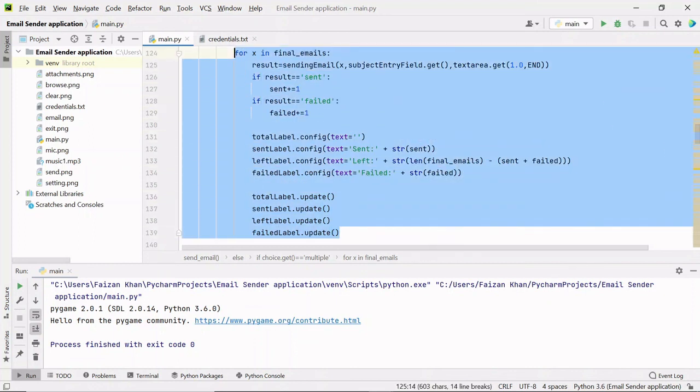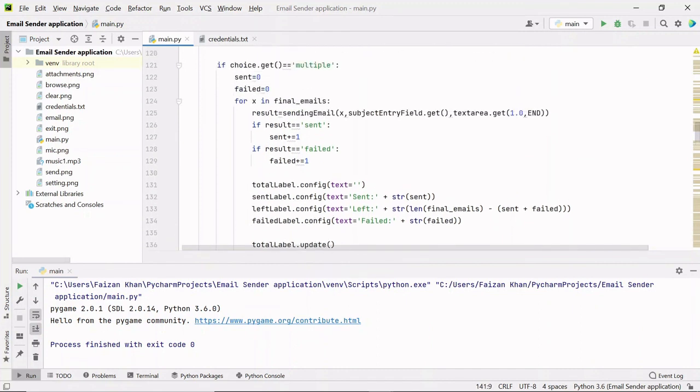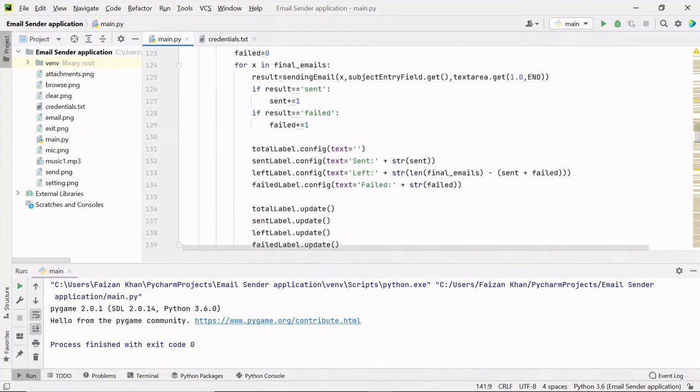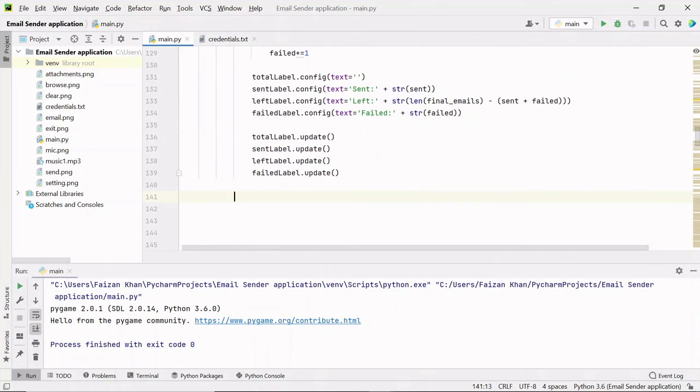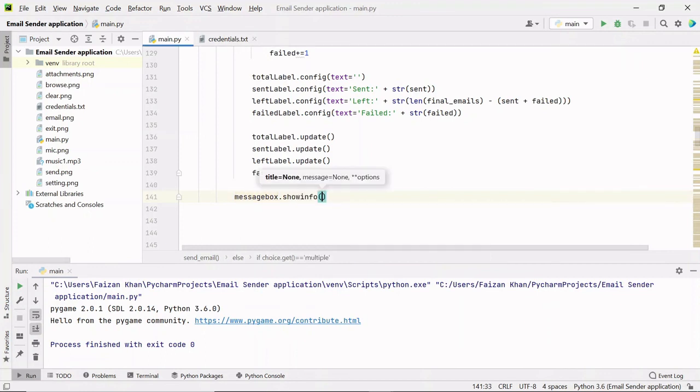And once this loop is over, meaning all emails are either sent or some have failed, right? So what I will do, I will simply come out of this loop, and once I come out of this loop, I'll show a message box. So I'll write message box dot show info, and I'll show the info that emails are sent successfully, like this.